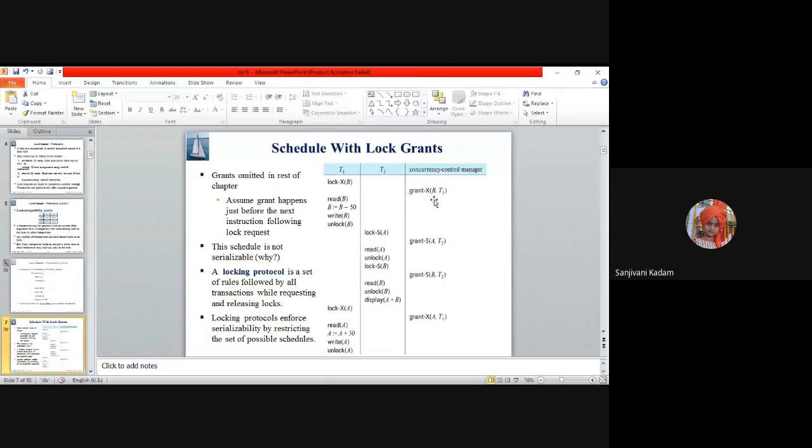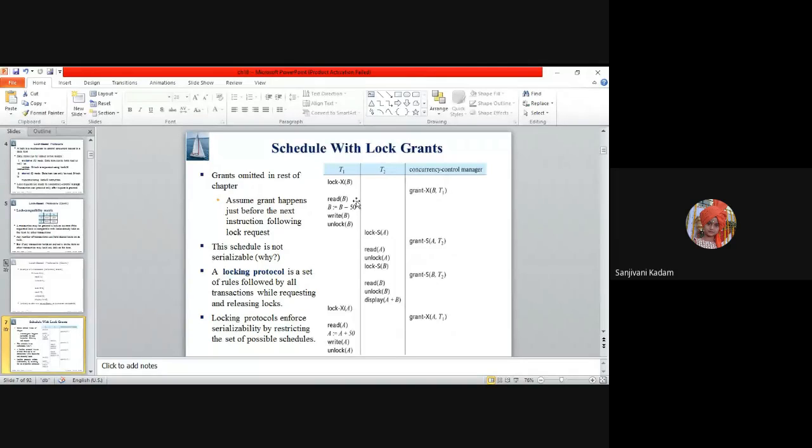After granting, T1 can use that data item. Exclusive lock means T1 can perform both read and write operations. So T1 has read data item B, deducted 50 from B, and then written it back to the database. And after writing back, T1 may not want to keep that data item, so unlock B.